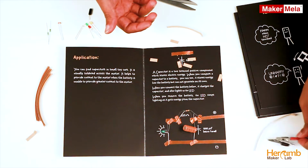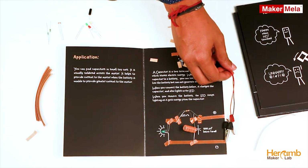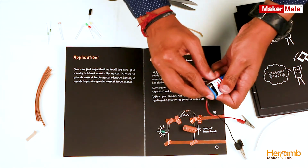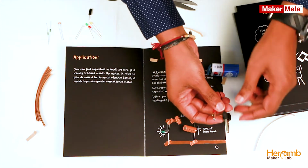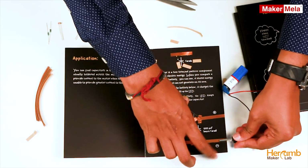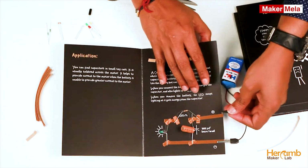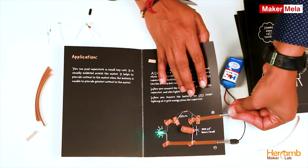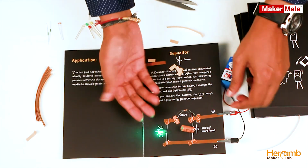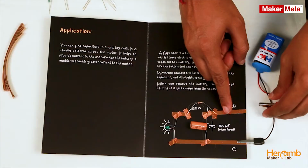Let's connect the battery with the battery terminal. So black is negative, so connect it to the negative terminal. Negative sign is here. Red is positive. So now you see the LED is blinking. Now take out one of the terminals. Similarly,